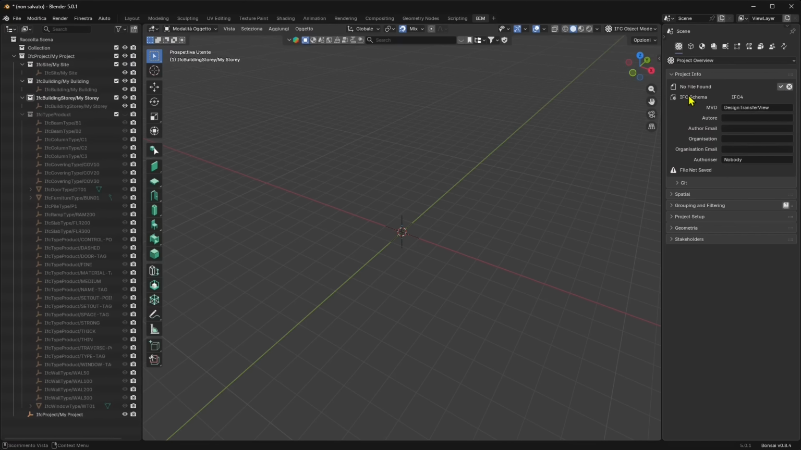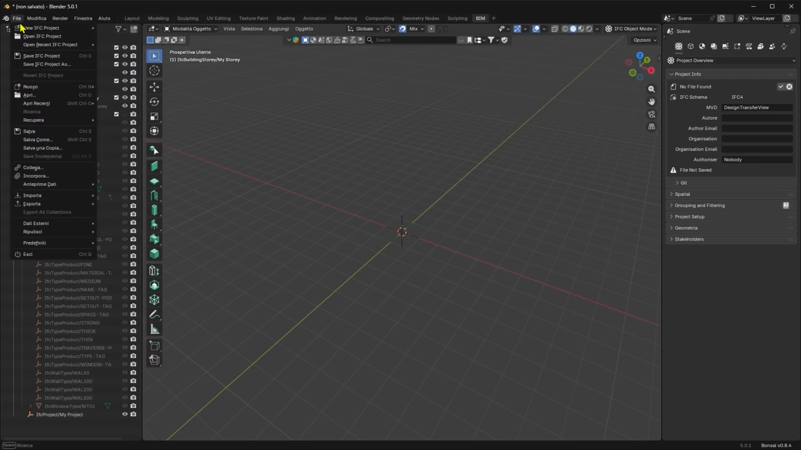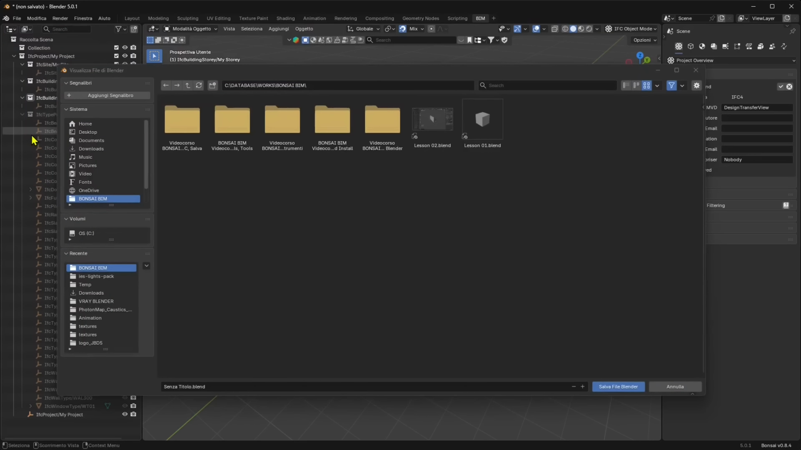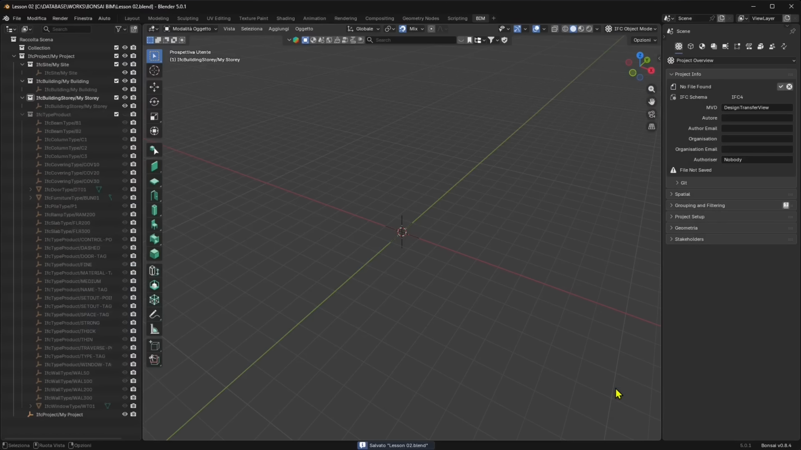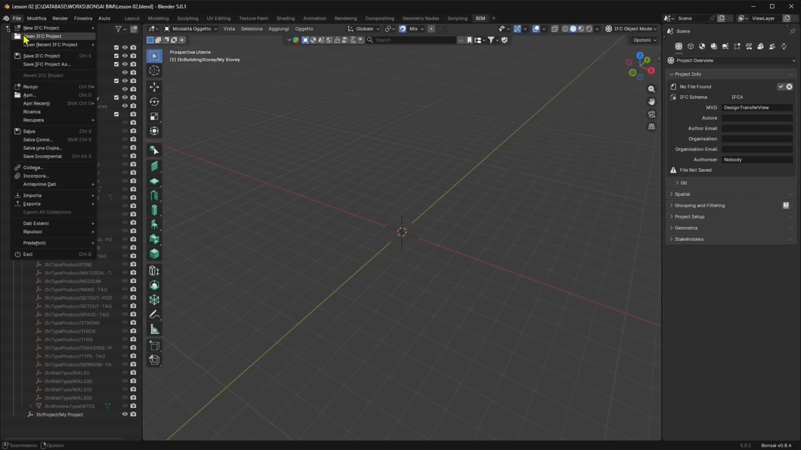And here, let's do something for this. So let's save the IFC project. So that's the part concerning the BIM. So I'm going to save it, and I can overwrite something that I've already done. Now, once it's saved, we should see here that something should change. So let me do it again. So save,